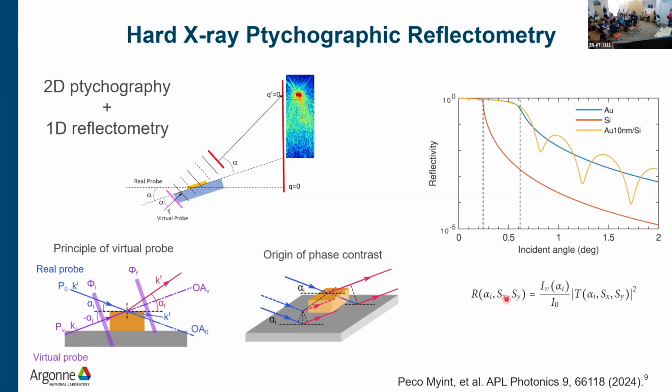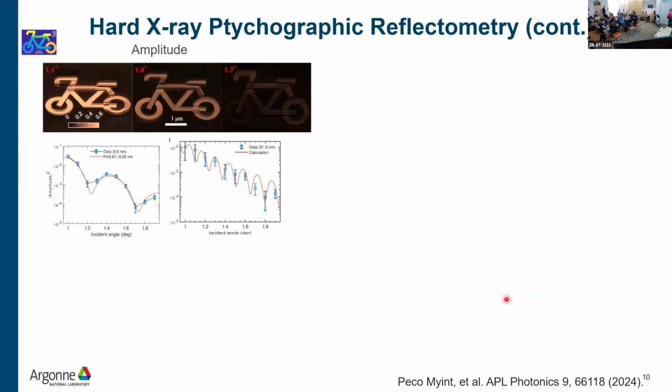It's a little bit hard to understand. It took us a while to figure this out. So this is some result. First I did some simulations to have a bicycle pattern, basically on the silicon surface, some gold